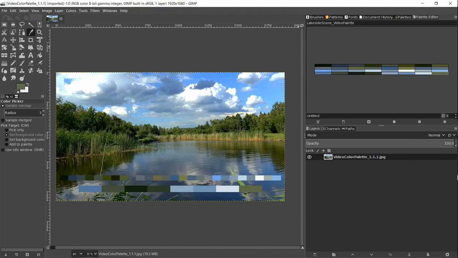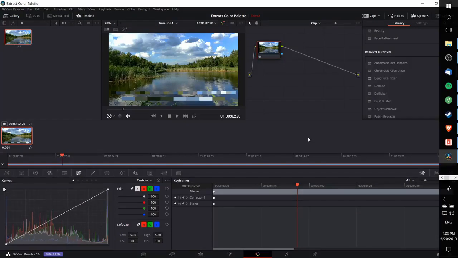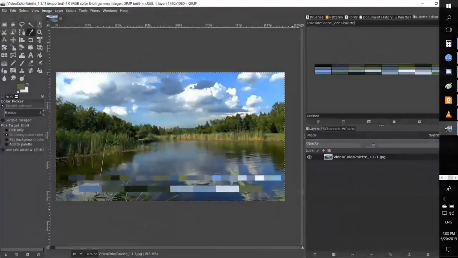So just like that, we now have a 32 color palette generated from one frame of our video, and we could use this to paint with in our GIMP tool. A similar process would apply to Photoshop or any painting tool. So that's pretty much all there is to it on how you can create a color palette inside of DaVinci Resolve, extract that out to a JPEG image, and use that to create your final color palette in programs such